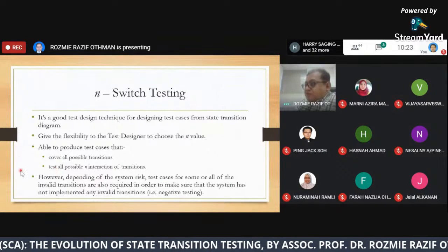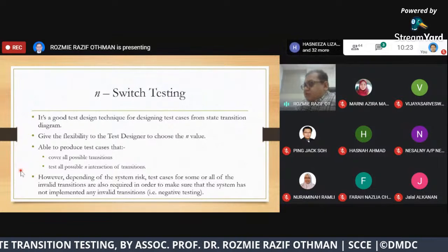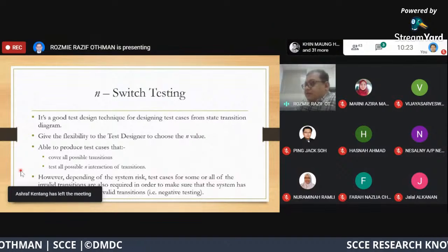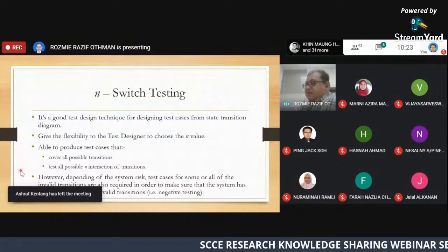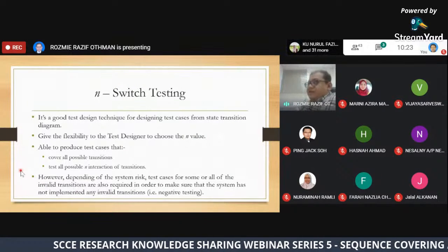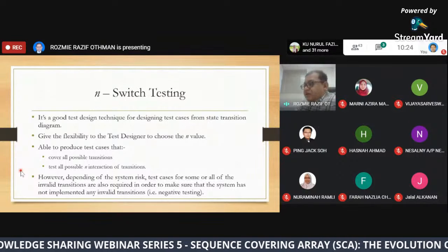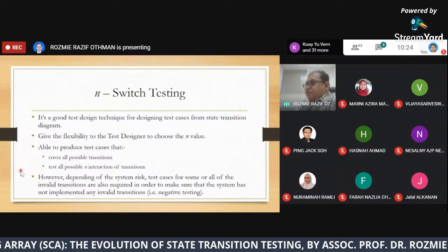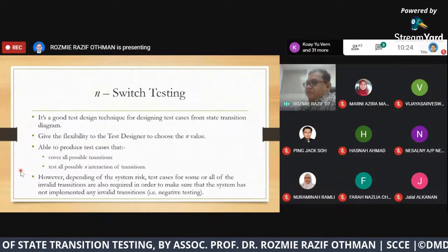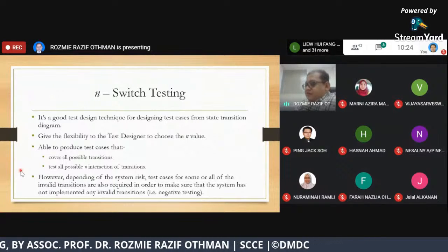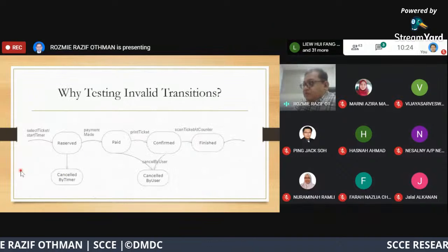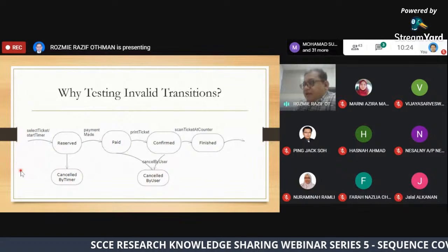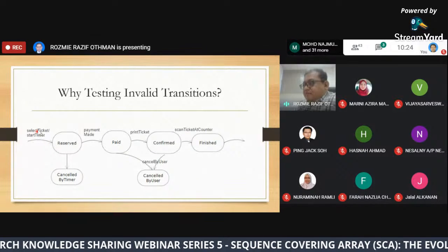So depending on the system risk, test cases for some or all of the invalid transitions are also required in order to make sure that the system has not implemented any invalid transition. In the software testing area, we call this negative testing. It means that we test something that is not designed in the system. For example, let's say we have select ticket and start timer.